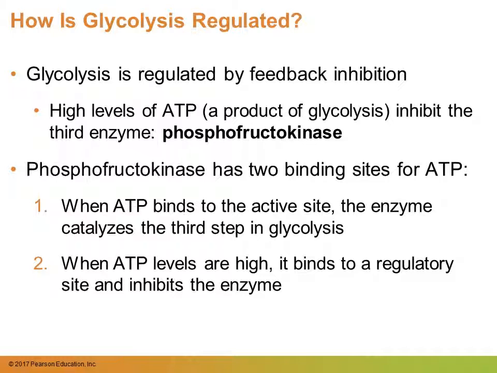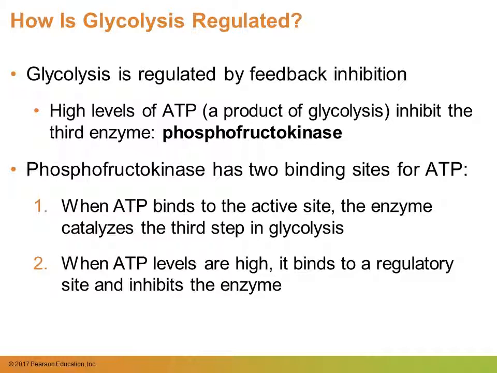So how is glycolysis regulated? It's regulated by feedback inhibition. High levels of ATP, which is the end product of cellular respiration, will inhibit one of the first enzymes regulating the 10 steps of glycolysis, and that enzyme is phosphofructokinase. If you have a lot of ATP, then that ATP will slow down or inhibit the catalytic